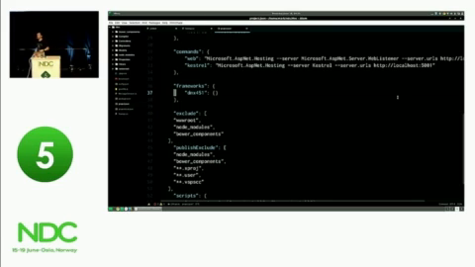Also, you will notice that here I have taken out the DNX Core 50 entry from my frameworks, and that is because none of this stuff that I'm doing is going to work on .NET Core yet. But if I do a restore, it will go and restore all those packages, and when I'm in Atom with OmniSharp, OmniSharp will show errors for both frameworks at the same time, and I only want it to show